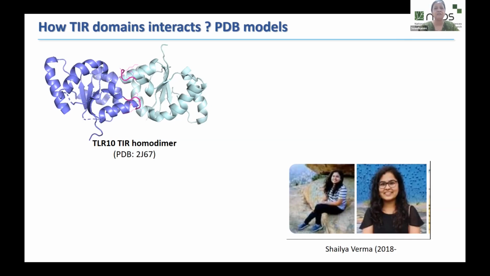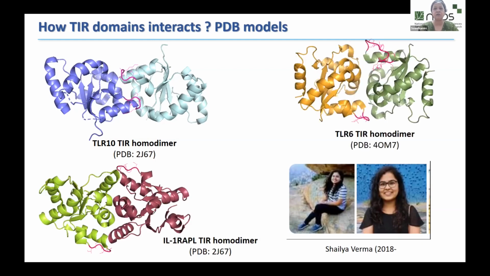To follow this, there is this pink-colored region which we keep calling the BB loop. The BB loop can be facing each other like that, or it's a little far away from each other, and the third one is somewhat similar to the second. However, Shaila is going to explain how we care for the dimer orientation when we model the system,